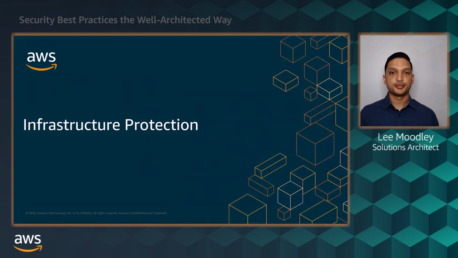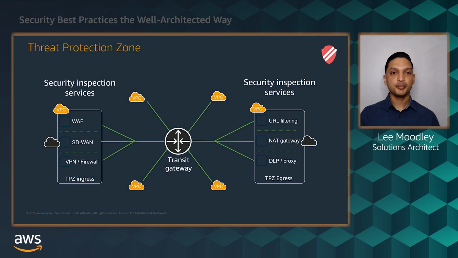Next up is infrastructure protection, which encompasses control methodologies such as defense in depth that are necessary to meet best practices and organizational and regulatory obligations. Infrastructure protection is a key part of your information security program. It ensures that your system and your services within your workload are protected against unintentional or unauthorized access and potential vulnerabilities. A good example of this type of architecture is a single ingress and egress VPC that can scale to